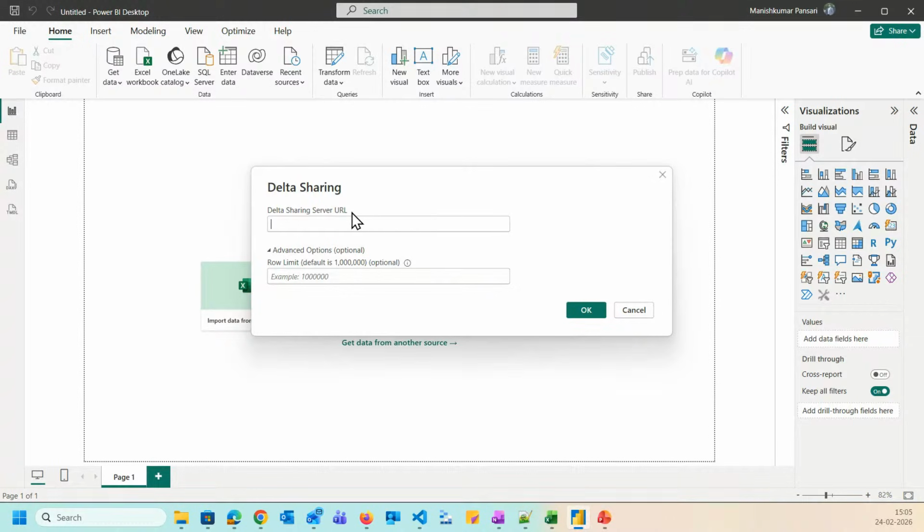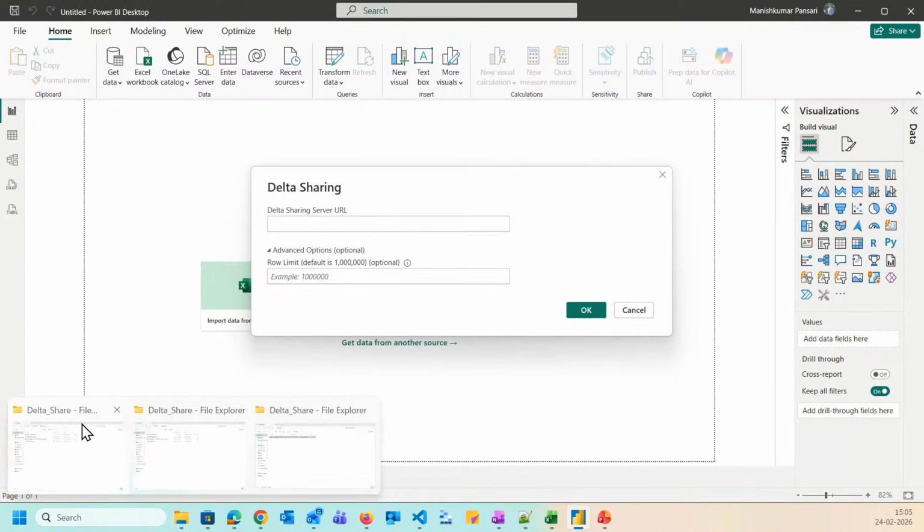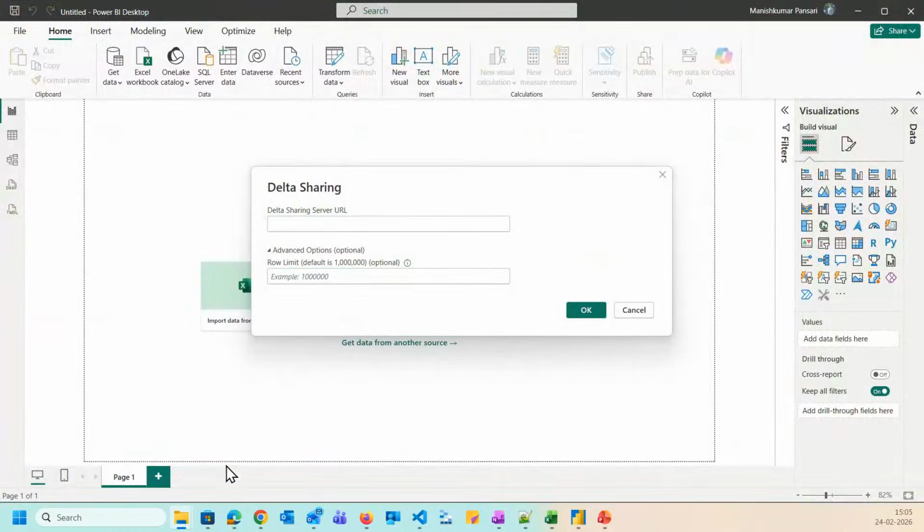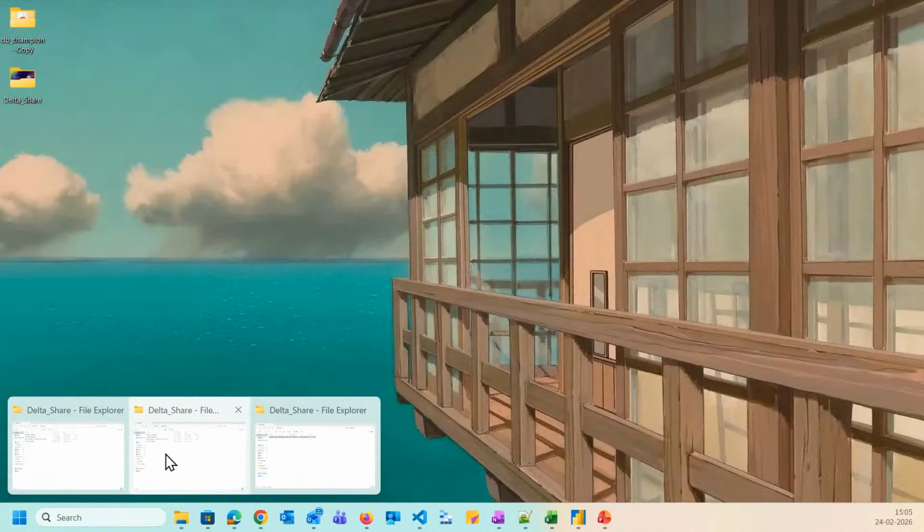Okay. So what will happen in that case? You have to provide a Delta Sharing server URL. I have downloaded that URL. Okay, let me get it.